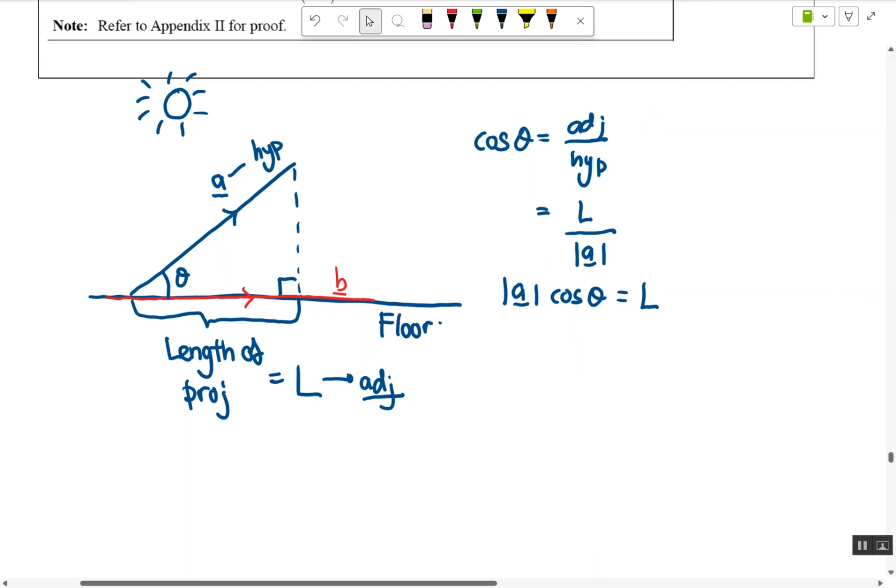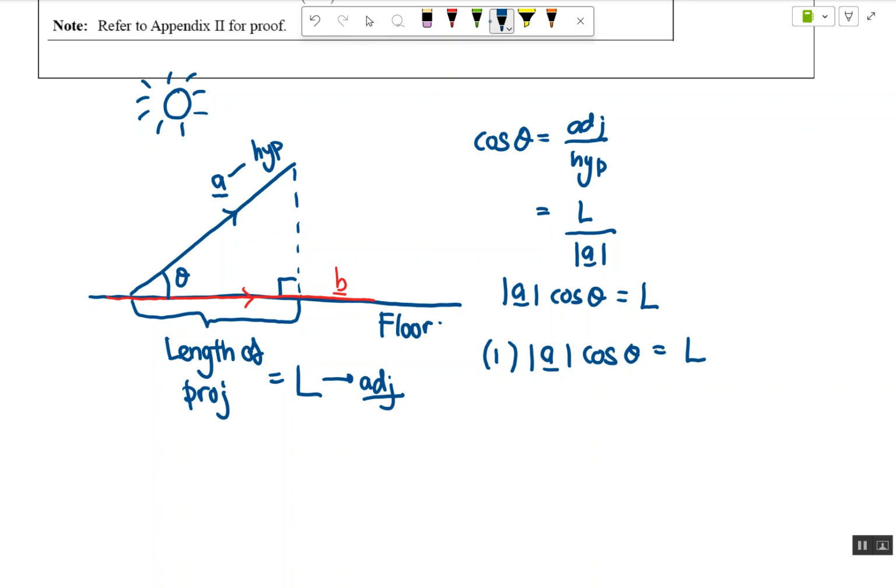Now, I cannot just introduce multiply by B on both sides, even though it feels like so, because B is very long. B is infinitely long, which I don't know when will it end. But I know that there is a 1 on the outside here, because 1 times anything is the same, right or not? So mathematically, we are still equal down here. And this 1 is a unit vector. Why? Because the length is 1. I need to use a unit vector that shares a common angle, that shares the theta with A. Who shares the theta with A? You got A here, you got theta here, you got B. So I need the